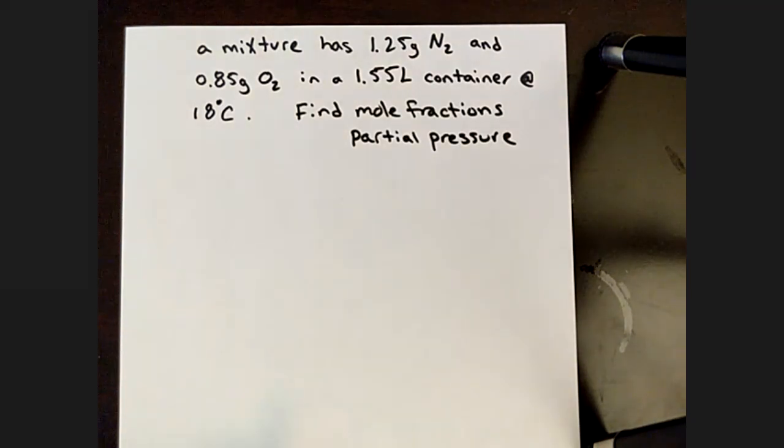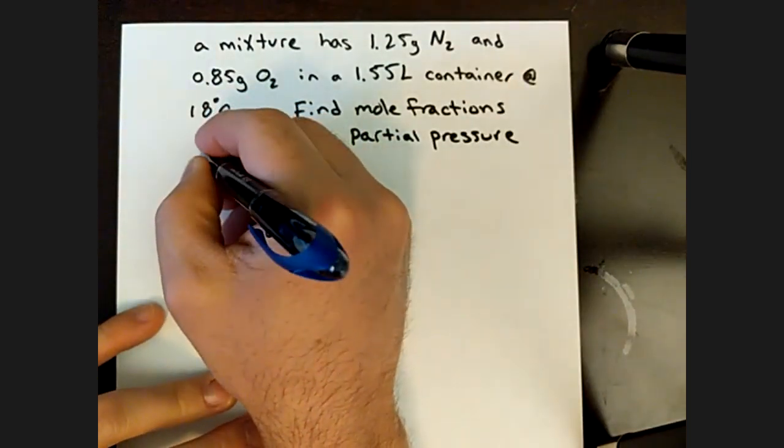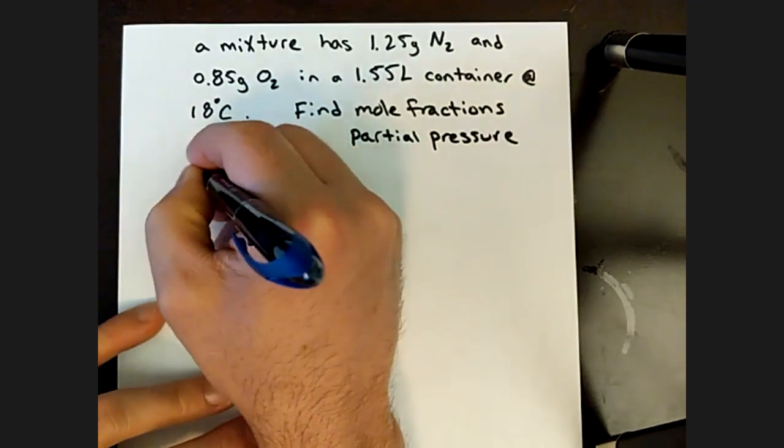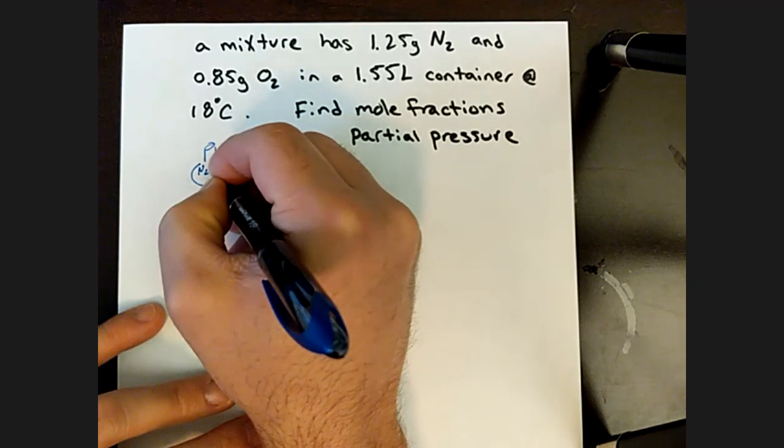Here we're given two gases, and we're told how much mass there is of each within a container at a certain temperature. So if this is a canister that has nitrogen and oxygen in it,